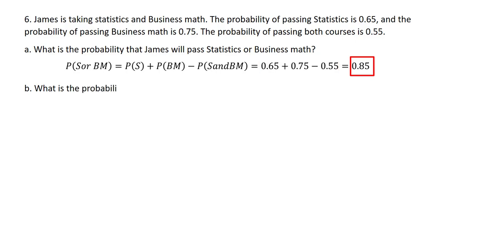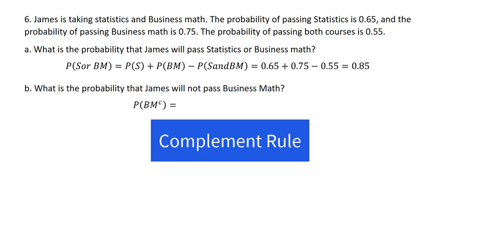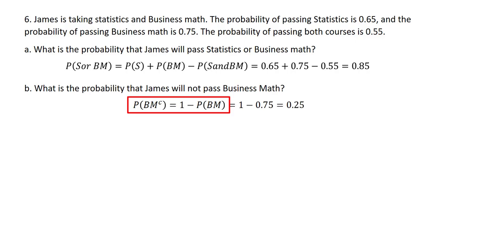Next, the question says, what is the probability that James will not pass business math? In this case, we'll use the complement rule. The probability he will not pass business math will be 1 minus the probability he passes business math. So in this case that is 1 minus 0.75, which is 0.25. The C part